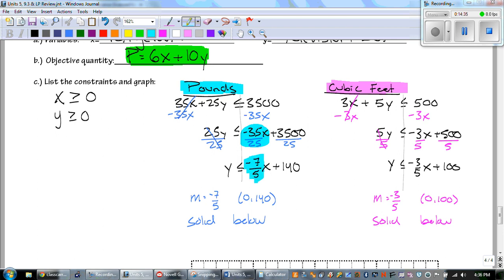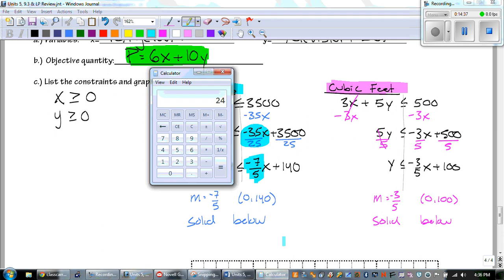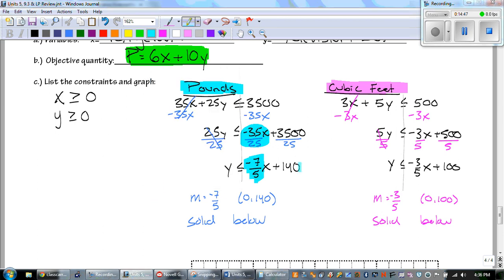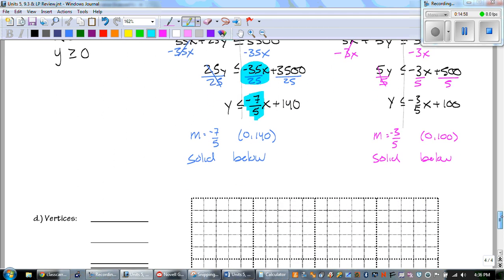I do not want to see whatever that fraction was, or the decimal 35 divided by 25, because your calculator doesn't do fractions, okay? You need to know how to reduce that, okay? And then 3,500 divided by 25 is 140. Okay, so now that we've got all that information,